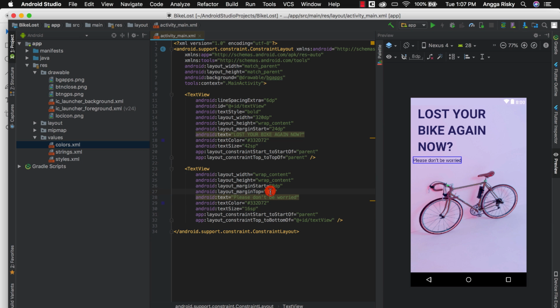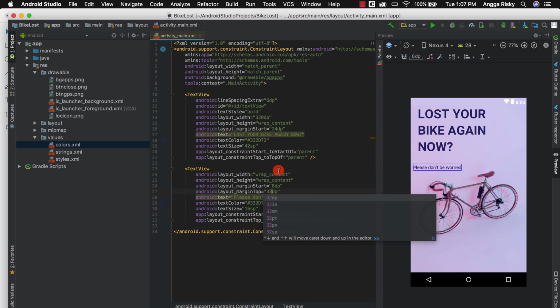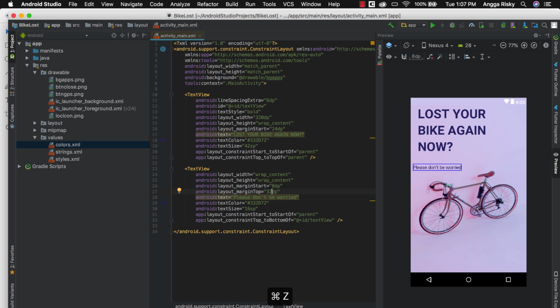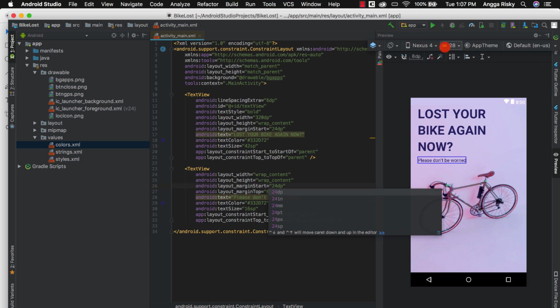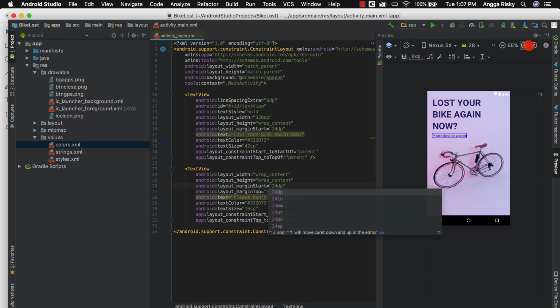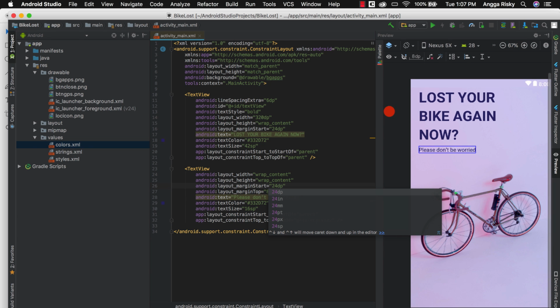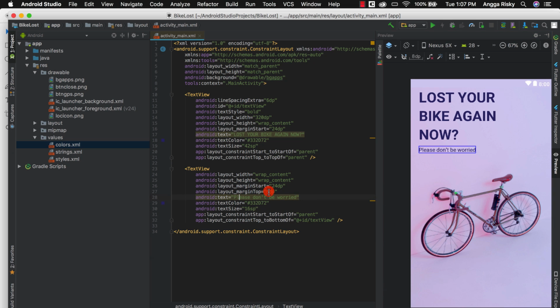Left is 32. Sorry, this is top, so left, if we see over here, is 24. Okay, so we come back here, and then I have to set margin top 12.